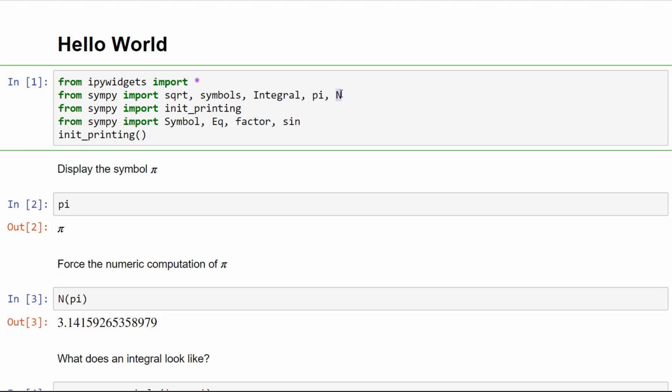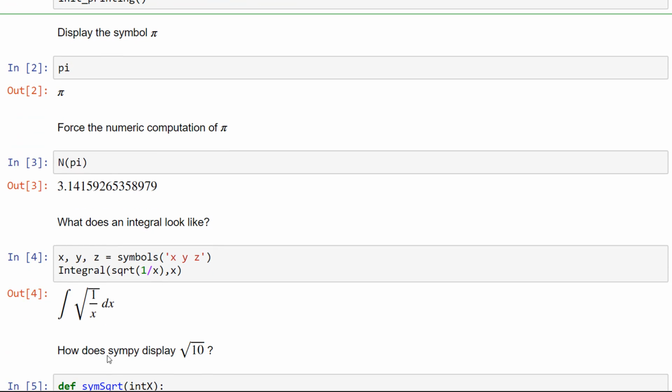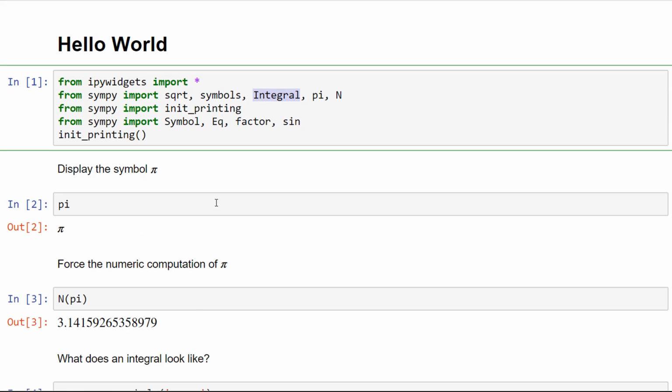Now I'm going to check out this function, which is to force numeric computation of pi, and it works. Here I'm using this function and checking out it displaying an integral, and it works. Here I'm playing with the square root function right here,